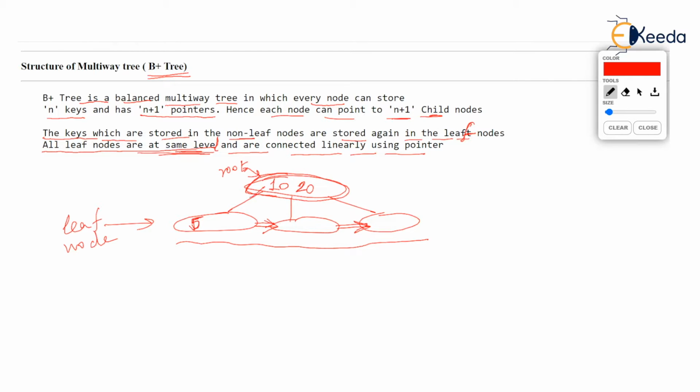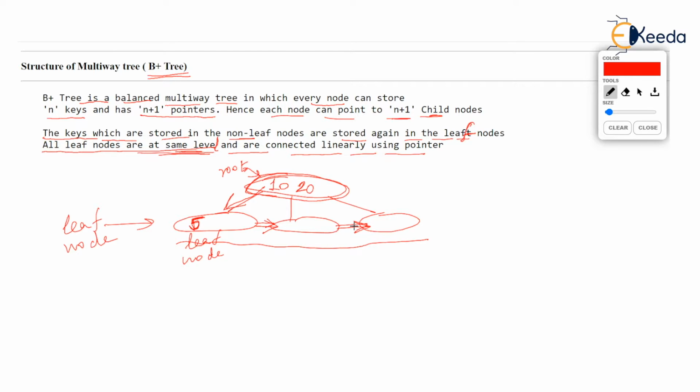Because it is to the left of 10. Suppose we have a value like 5. Now this value 5 is in the leaf node. Then a value stored in the leaf node will be only in the leaf node. But a value at the non-leaf node like 10, 20 will be stored again in one of the leaf nodes. This is the second and basic difference between B tree and B plus tree. What did you see in B tree?